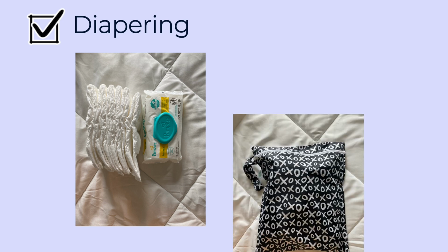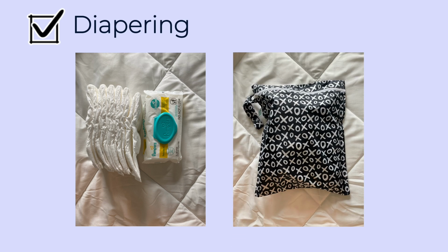I also threw in a wet bag. When we got to New Orleans, I just stopped at a CVS and bought a pack of diapers. I had looked up ahead of time that there was one within walking distance from our Airbnb, so I felt confident just packing the overnight diapers that are sort of special and hard to find, and then